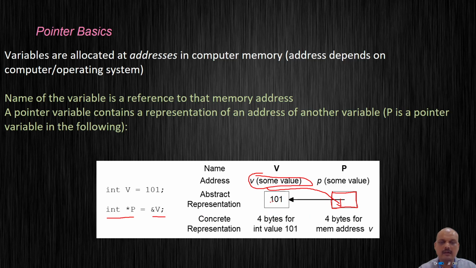Here 4 bytes of memory are allocated to store the information, which is the value 101, and the base address, or the first address, of this particular variable gets stored inside another variable called p. Again, the pointer takes a memory location of 4 bytes in order to save the address of the previous variable, which is v.